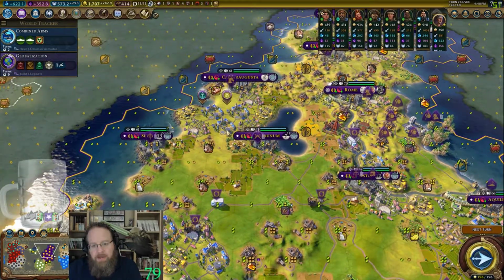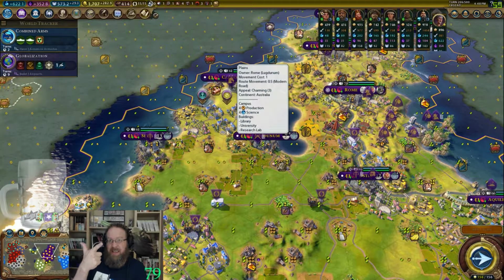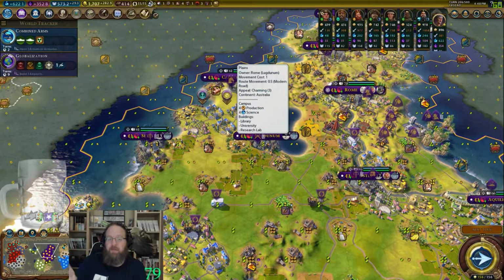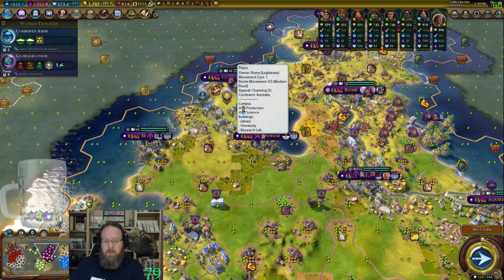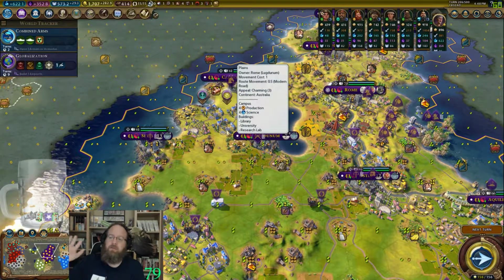Every city got a campus immediately, first thing. Every city got a library, second thing. Every city got a university the moment it was available, and I've got the research labs faster than I've ever gotten them before, as far as just buying them with faith. So instead of having some of your lesser productive cities taking to the end of the game and not even getting them, I've got 12 cities before 200, all with research labs. And yet, I push science so hard this game, and yet still...